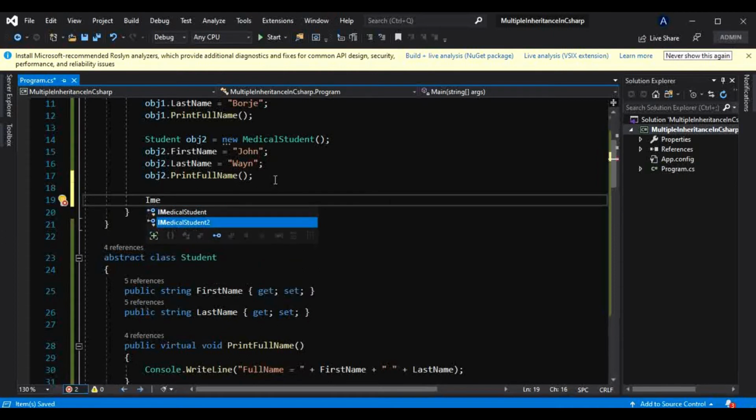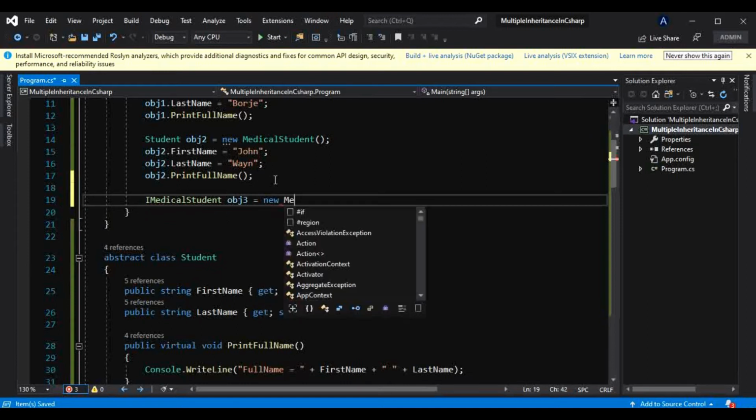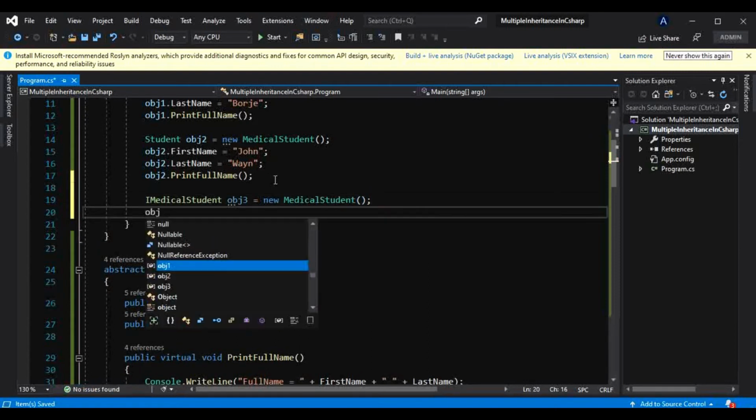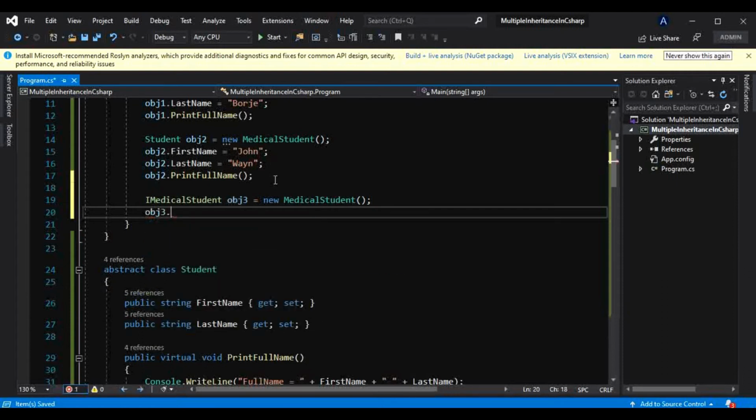iMedicalStudent obj3 is equal to new MedicalStudent, and we can call that method, calculate ECG count, like this.